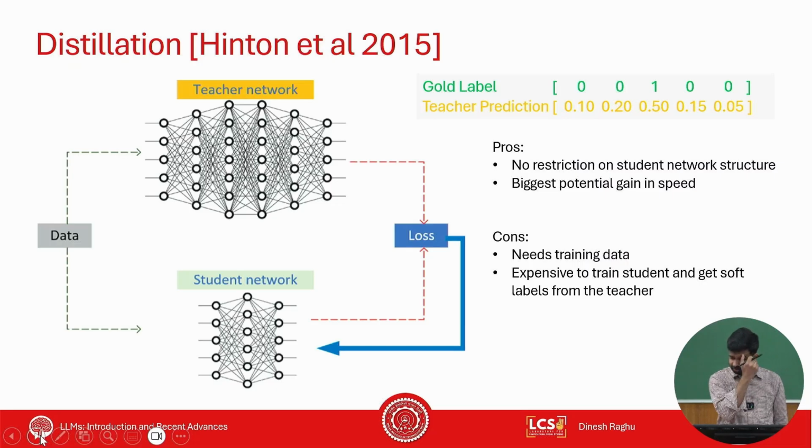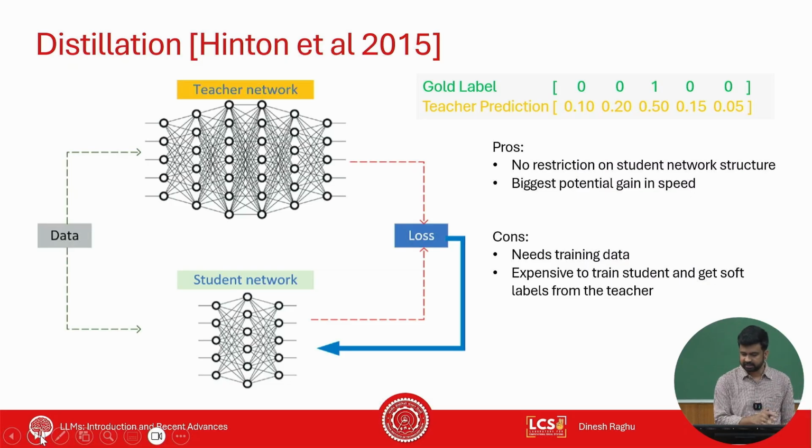Now, like I mentioned before, the good part of distillation is that your student network can be much smaller. You can have very few layers, so that you can reduce the latency by quite a bit. Whatever your latency is, you can define your network structure to satisfy that latency, right? You have that flexibility. And then you can fine tune and figure out what the performance gap is. Now, if you need a lot of speed gain, this is the way to go. Pruning and quantization are not going to get you there.